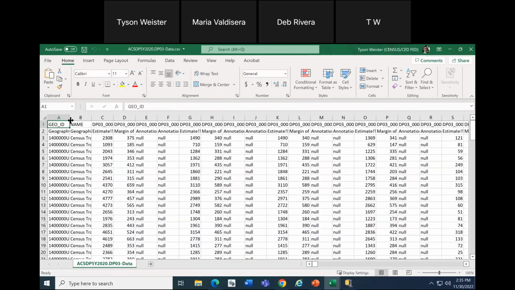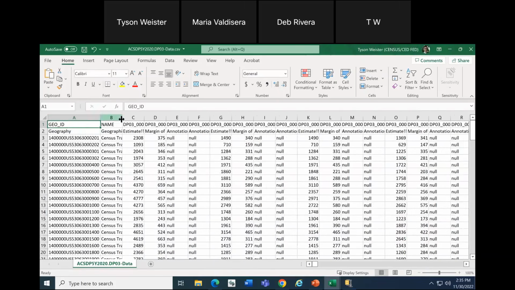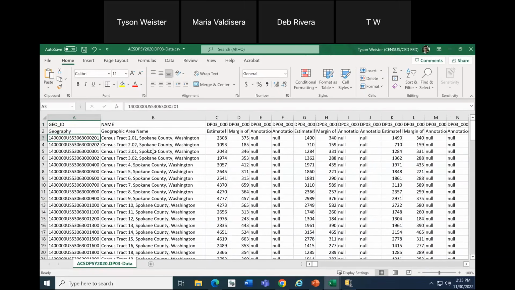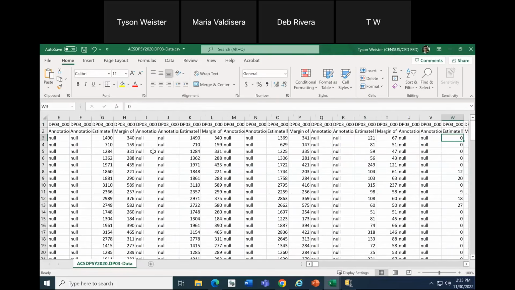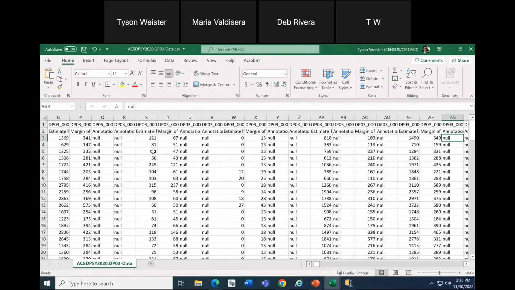Now, to orient you with the view of this output option, what you'll notice is it's really the reverse of what we're seeing on screen. Each geography, rather than being in the column, has its own row. As you follow the row across, you'll see all of the estimates that you saw on data.census.gov without any special formatting or indentation.